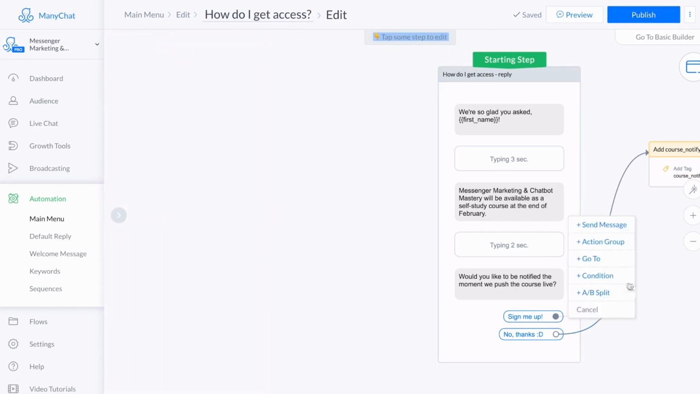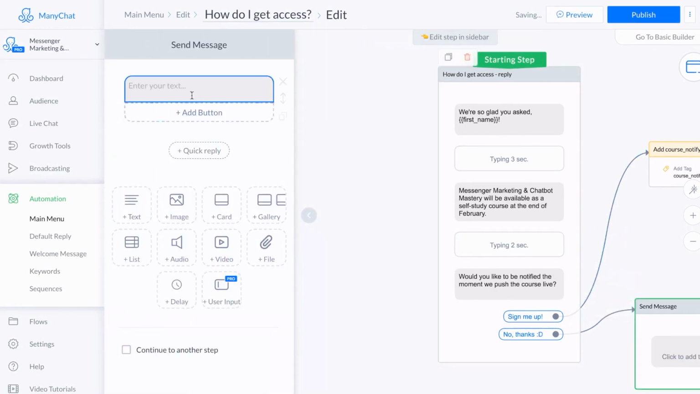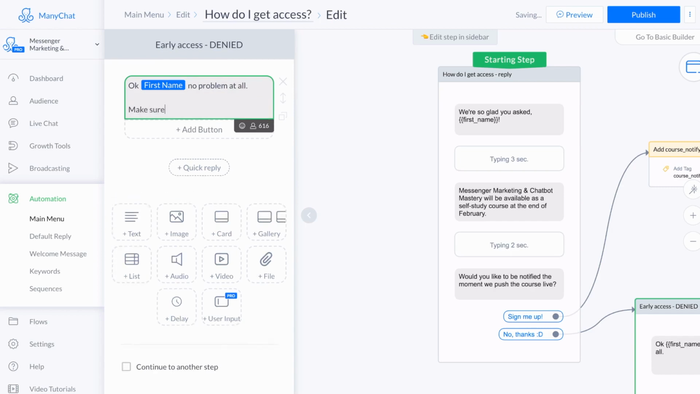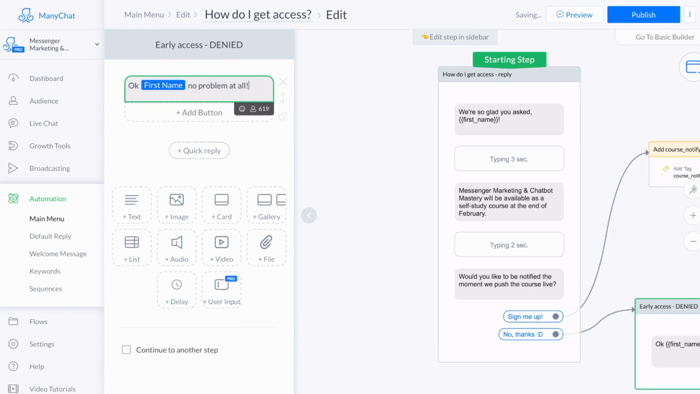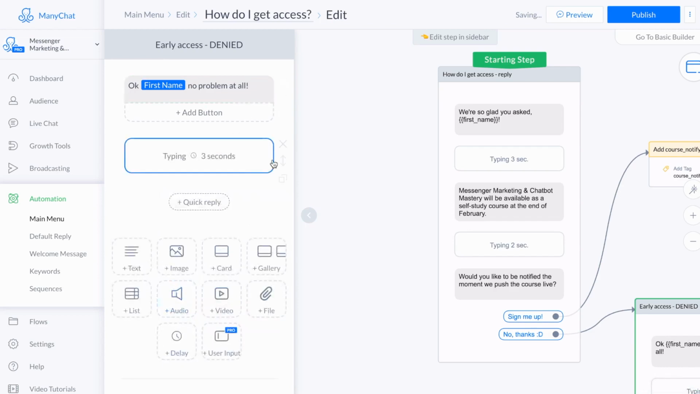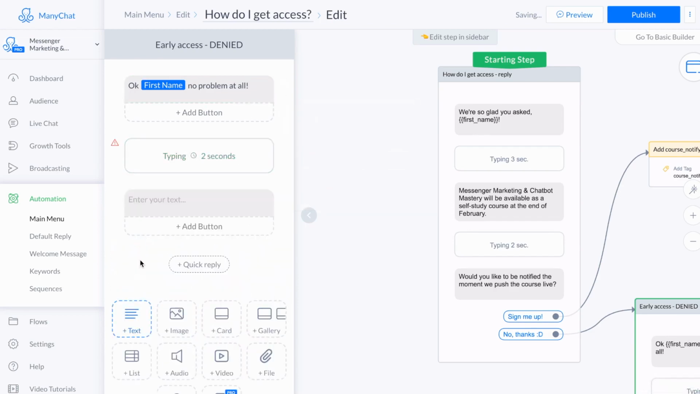So see how I just clicked and dragged? We're going to send a message, and we're going to say early access denied. And we're going to say, okay, first name, no problem at all. We're going to give it a little delay. Let's do 2 seconds this time. And we're going to say, make sure and